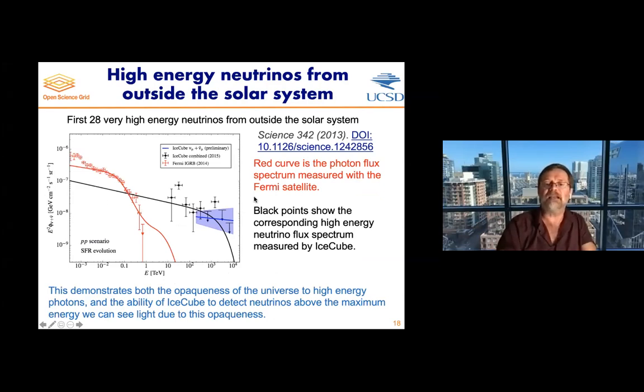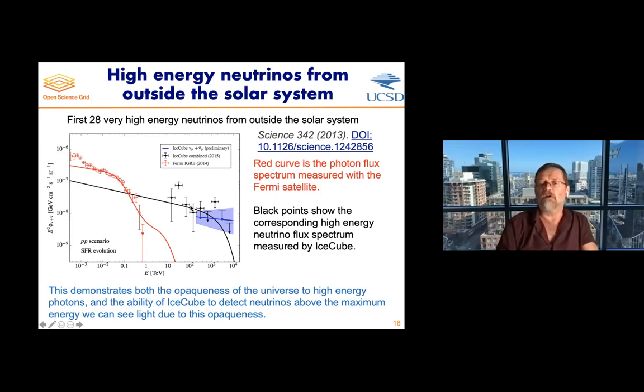And you can then see this here in a graph. This again is flux on the y-axis and energy on the x-axis. The red stuff is light from a satellite, the light spectrum of the satellite, and you can see that the light basically disappears for the reasons I gave you earlier. The universe is opaque, so Fermi doesn't see any light above a certain energy, and the neutrinos exist even above that energy, and are an indication that there are virulent phenomena somewhere in the universe that create neutrinos.